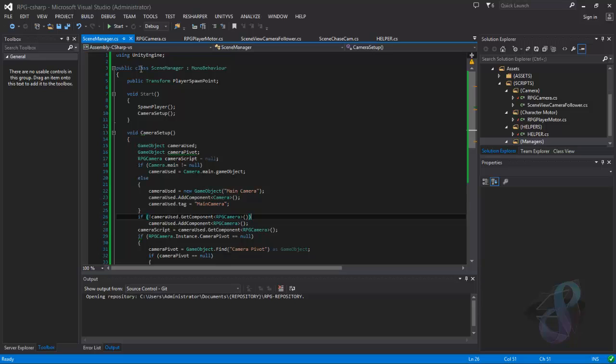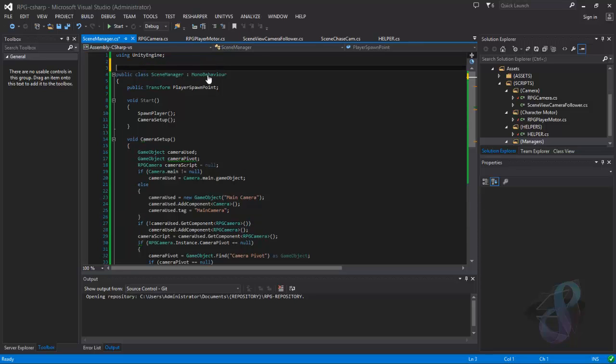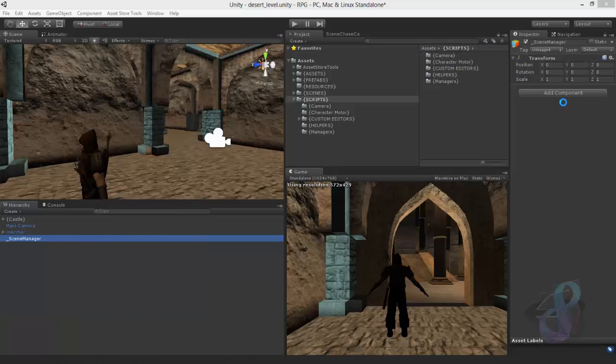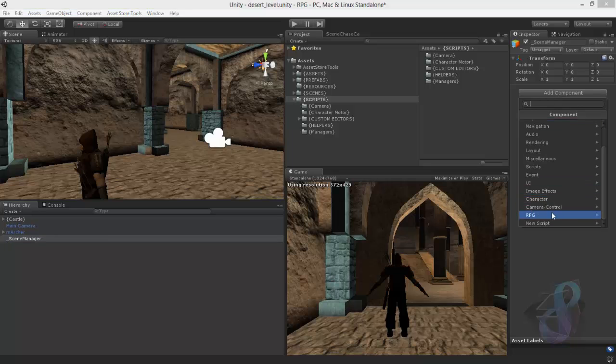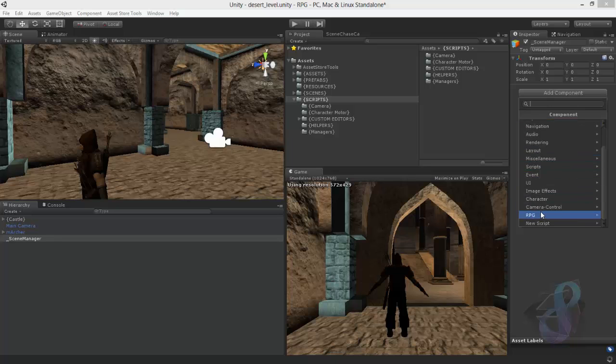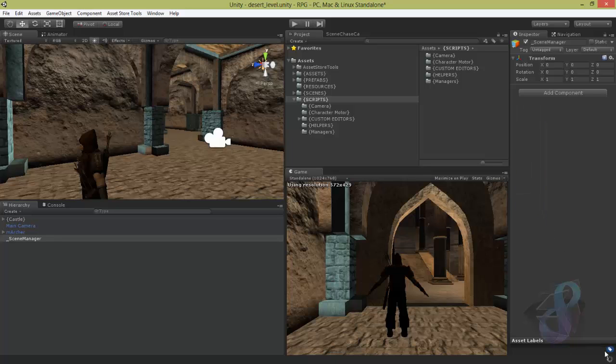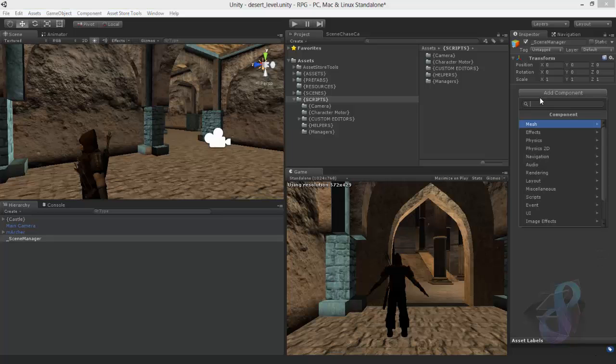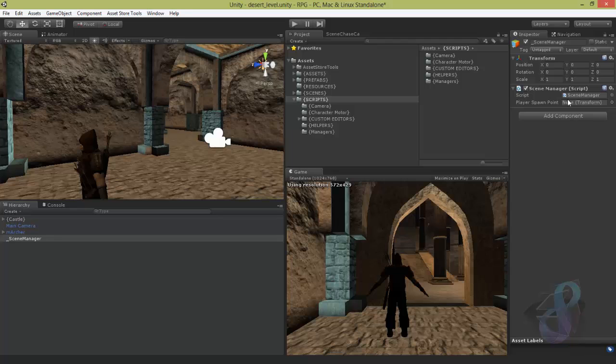On top of this guy. But I will call it RPG manager scene. So now I can add component RPG. Yeah, come on. Add component. Are you compiling? RPG manager scene. Okay. Now I have to add a spawn point here,